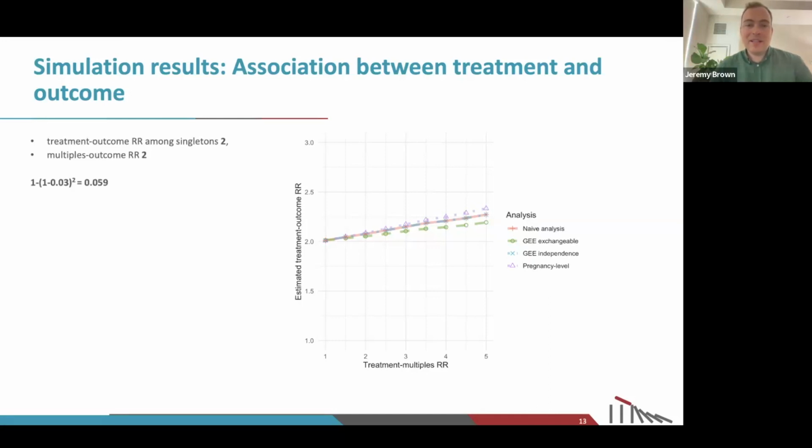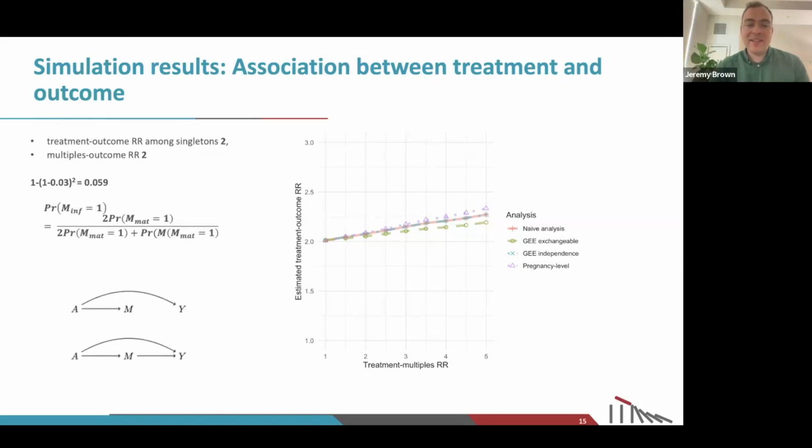And if we think about it, when we're counting if one of two twins has an outcome, then the risk at the pregnancy level will almost be double the risk at the infant level amongst those twins if their outcomes are independent, as we can see in this calculation. But we also effectively downweight those multiples at the pregnancy level, because we only count one of the two when doing that pregnancy level analysis. So it leads to fairly similar estimates, at least in this scenario.